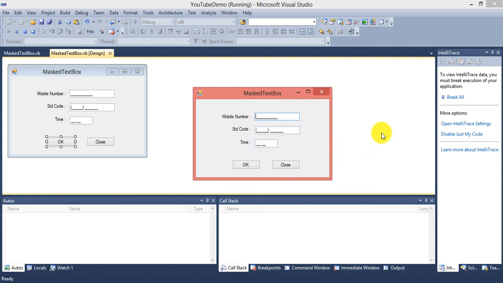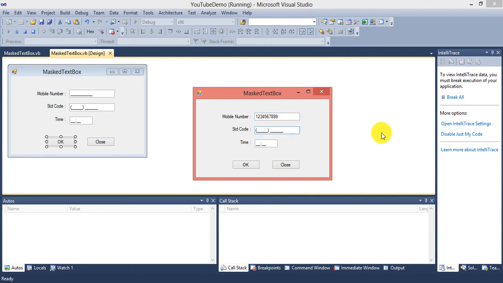Now first I am inserting a mobile number, pressing 1 2 3 4 5 6 7 8 9 and one more 9, so the 10 digits are over. If I press again, it will not accept it because the 10 digit width is over. Now suppose I remove two values and enter a character here, it will not allow me. Okay, so again I am pressing this.